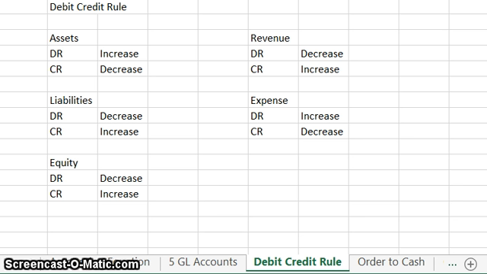And in your trial balance, your debits must equal your credits. If they don't, you have to go back and find out what went wrong. And if there was a mistake, then you have to go through and do a journal entry to record the mistake. So that concludes this presentation on the debit and credit rule, and I hope that you got some